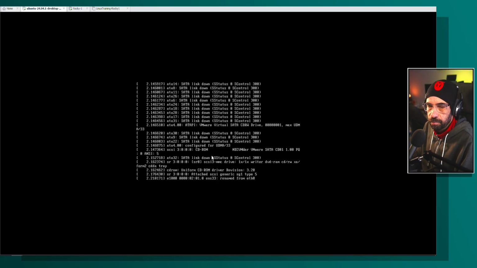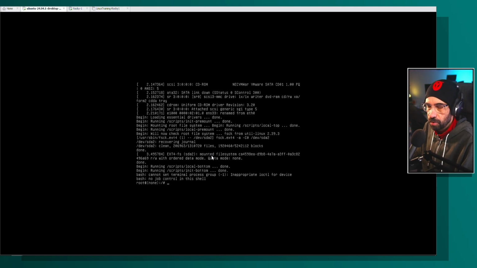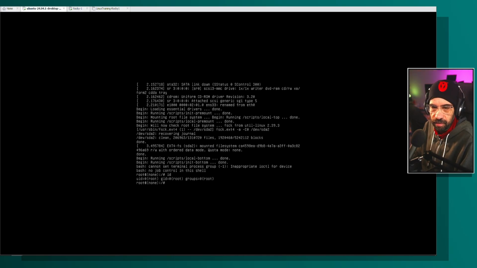It looks like a normal boot, but not quite. It's going to drop us here in a kind of recovery console. Let's call it recovery console, guys. Don't be too picky. It's a recovery console of sorts, okay? So this is our machine, and if I hit the id command, I am the root user without the use